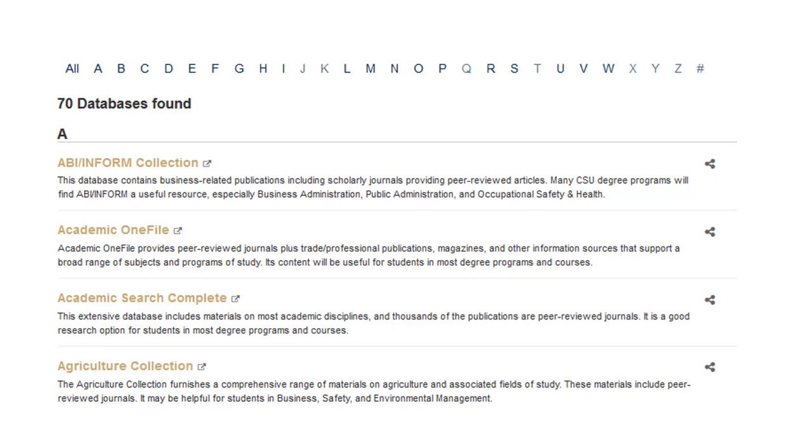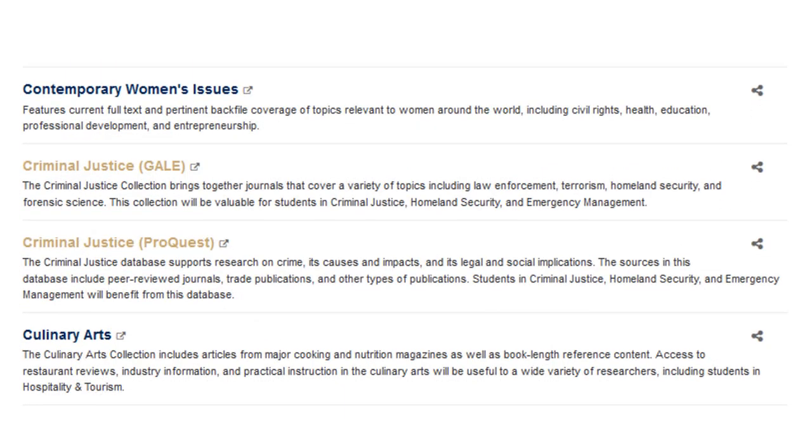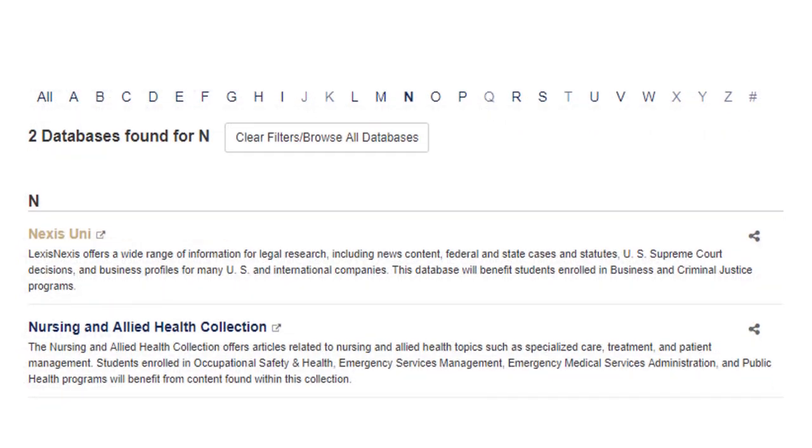Sometimes, you can determine the focus of a database from its title. For example, we have two databases with criminal justice in the title. But another database that is useful for criminal justice and legal research is Nexus Uni, seen here. If you don't read its description, you might overlook it because its title isn't specific to the field of criminal justice. So definitely look at both the titles and the descriptions to help you determine which databases to use for